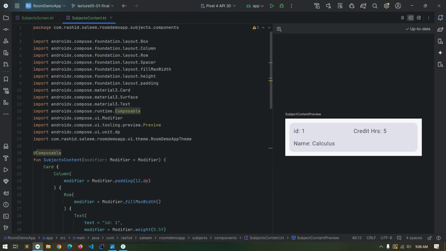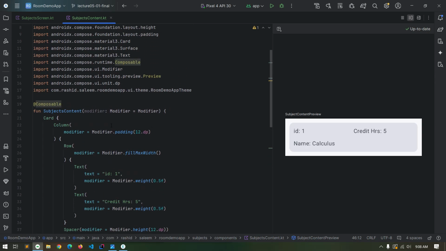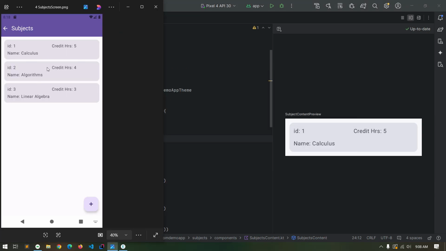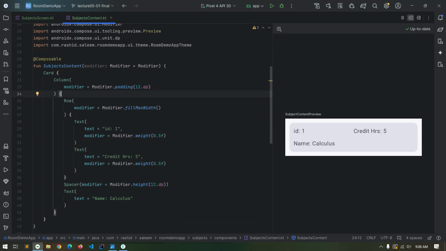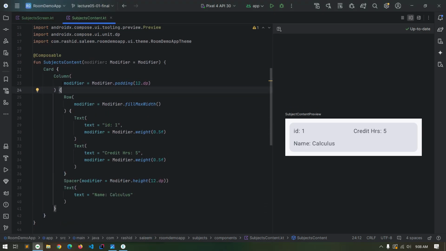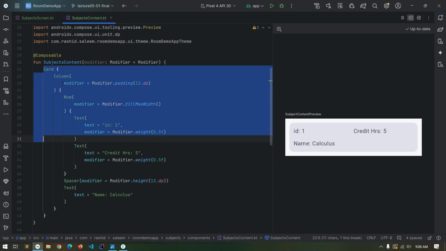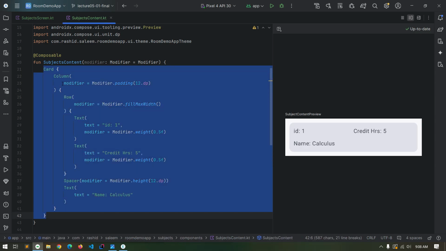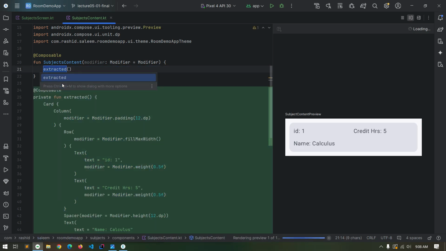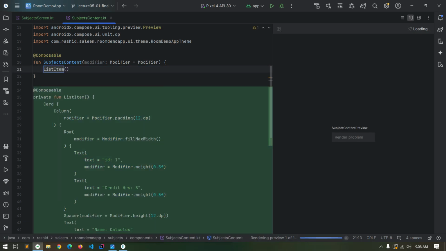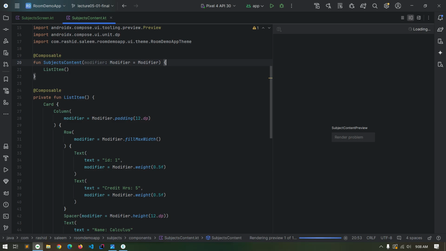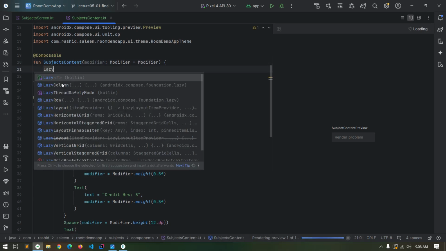Now what we will do is we need to use lazy column to present that in a list. So before that we will extract this card into a separate composable. So we will select it and press Control Alt M and name it as list item. And now we will use lazy column